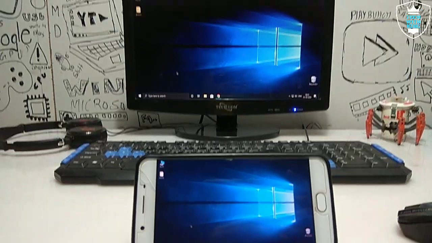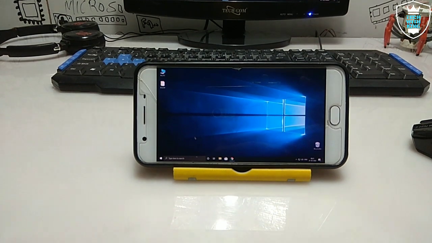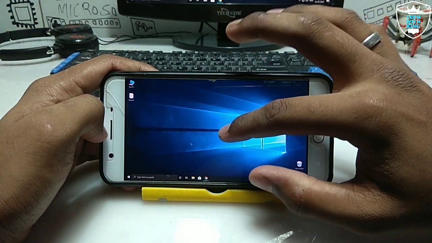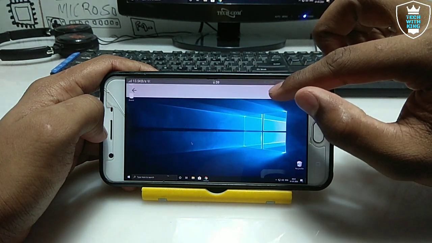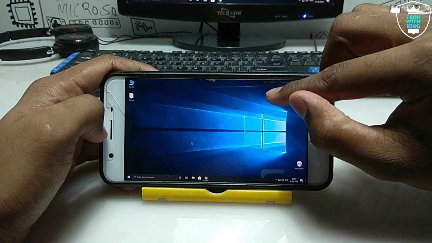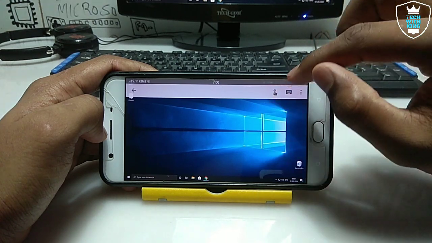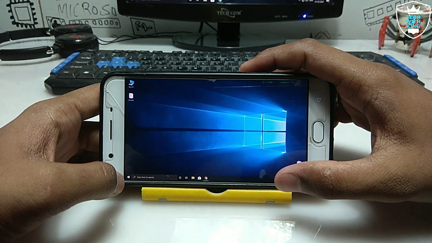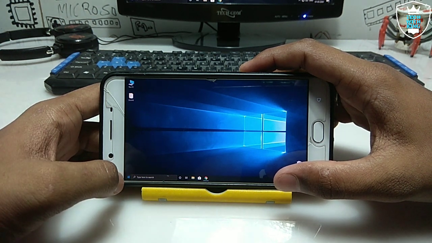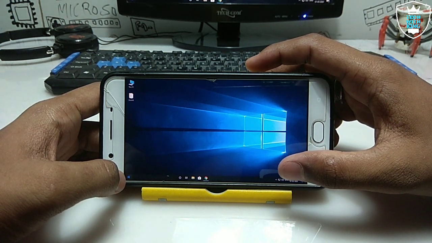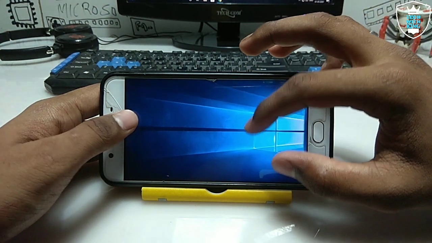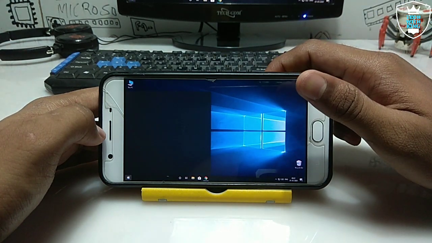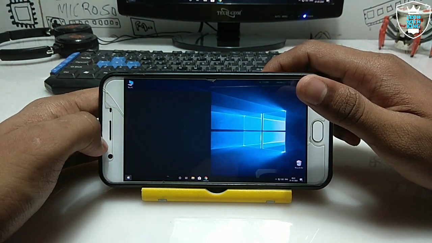So this is my PC screen and it is casting into my Android, as you can see. If you don't want this mouse, as you can see, this is a mouse logo over here, so just click. Now you can directly use your PC with touch. Let me just show you. So now when I click the start menu button, it will touch over there and it shows some animation. So as you can see, it opens the start menu.